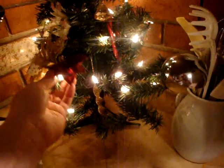In this corner, it's just something I got at the Dollar Tree for $3. It's a cheap little Christmas tree, and I added my own little ornaments, shoved them in there, and it lights up nicely in the corner of my kitchen. Next thing,